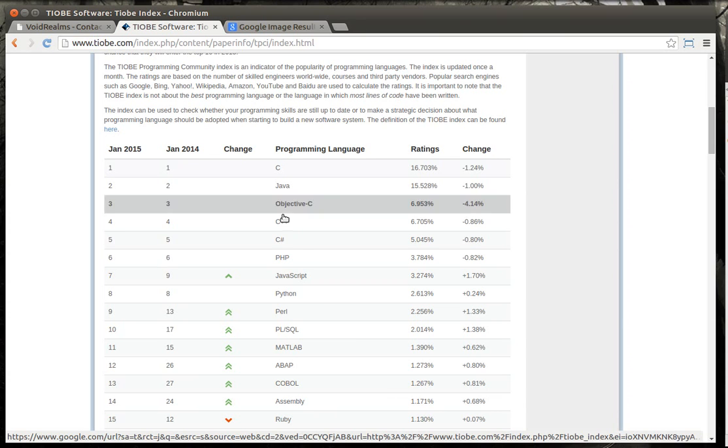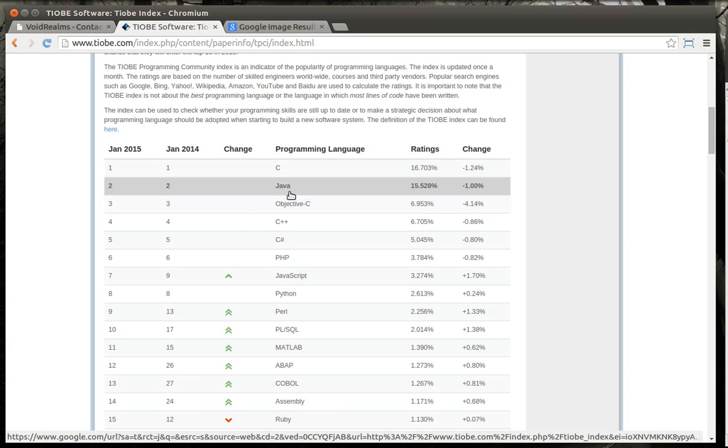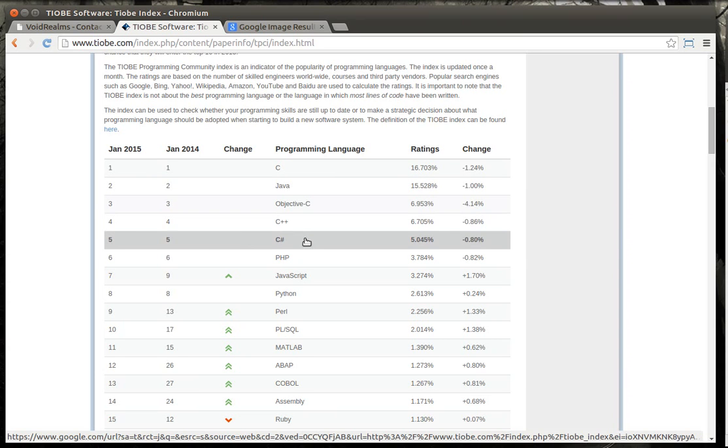So what are you looking at right here in the top? Let's just look at the top 6. Well, they're all C-style languages. If you know C, you implicitly already know Java and Objective-C and C++ and C Sharp. Now, I know I'm going to get some hate mail saying Objective-C is totally different, but really, it's a C-based language. So my point is, if you know one, you pretty much know them all. The objective of this tutorial is to show you some handy shortcuts.